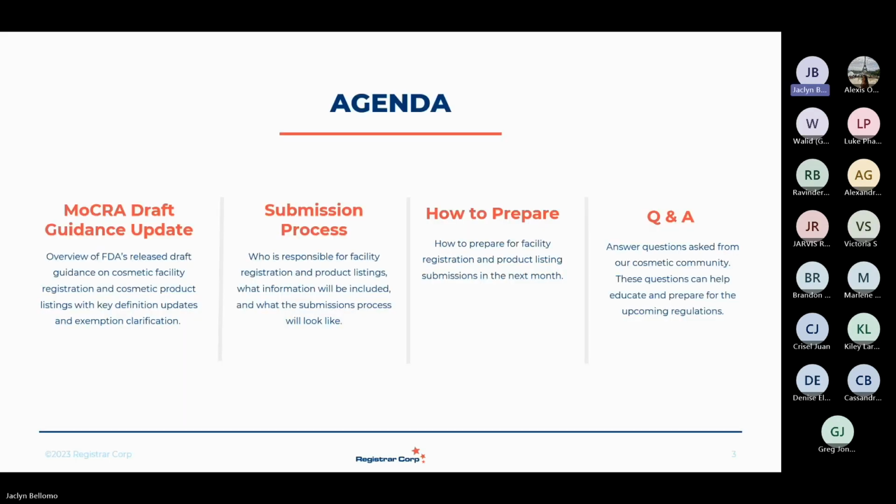Here's our agenda for today's mini session. We'll first be covering the draft guidance and updates that were issued by FDA earlier this month. Next, we'll be going into the submission process and who is responsible and how to prepare as a facility and as a responsible person in the next month. Lastly, we will answer any questions. So if you have some along the way, please drop them in our Q&A box and we will answer them